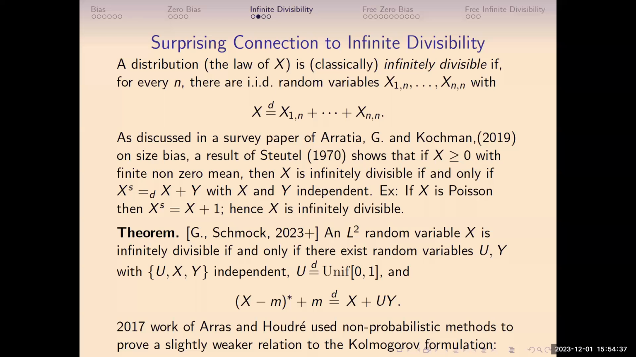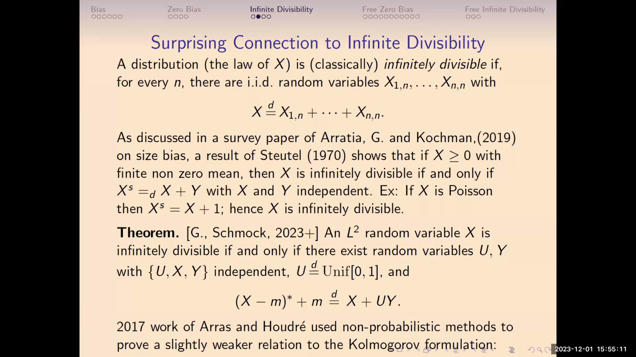So if you think back to what the zero bias was, it was square biasing and multiplying by a uniform. So something got square biased and then multiplied by a uniform. It's sort of well known when an L2 mean zero random variable is infinitely divisible, by Kolmogorov's formulation. There's some previous work that used probabilistic methods to prove slightly weaker results about equivalence to what